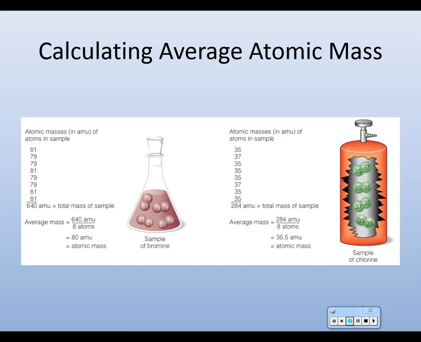If we wanted to figure out the average mass number of bromine, what would we do? Liam? Add up both mass numbers of all the atoms that we got and divide by the number of atoms, right? That's kind of difficult because there's lots of atoms in a sample. But let's say we took a random sample of bromine and we found 8 atoms, okay? You couldn't find a sample that only has 8 atoms in it. It'd be way too small, but let's say we did, okay? And of those 8 atoms,